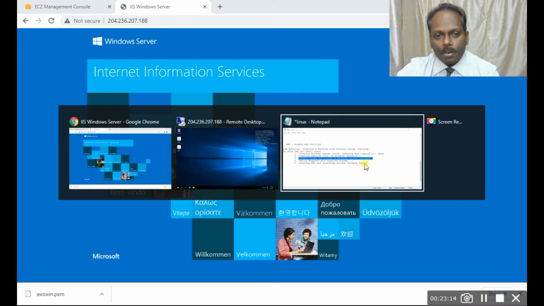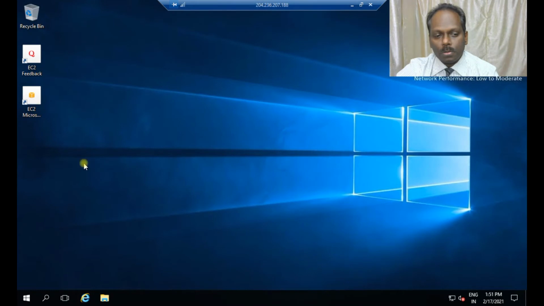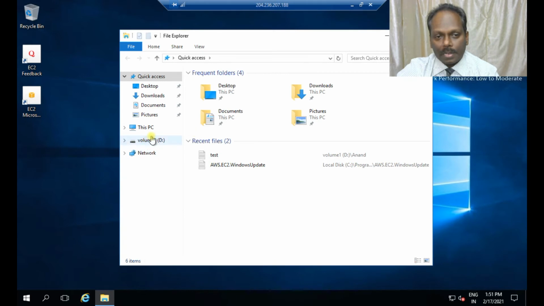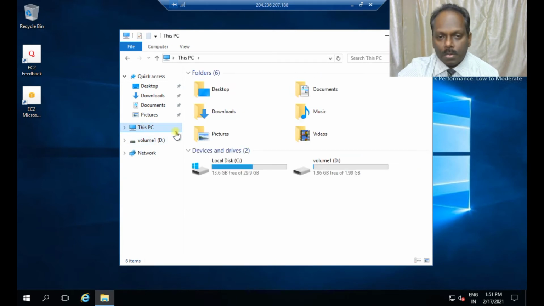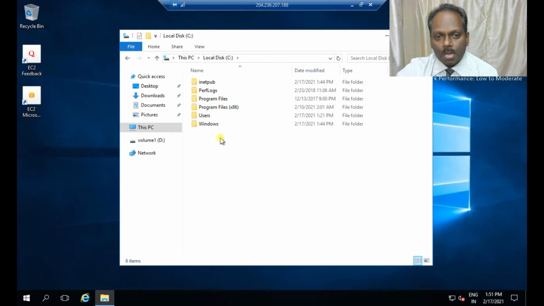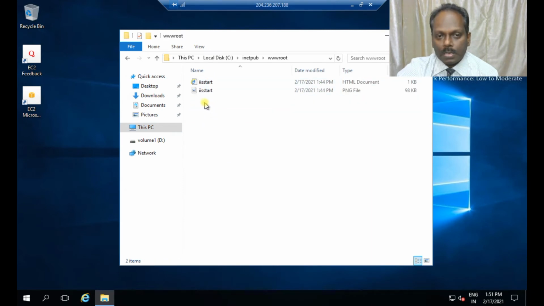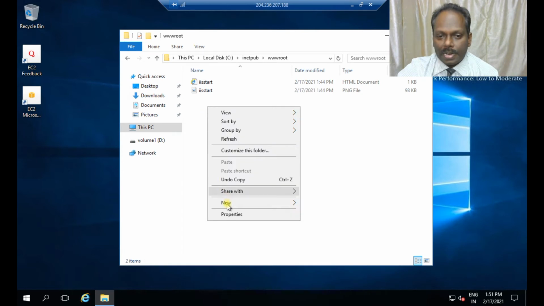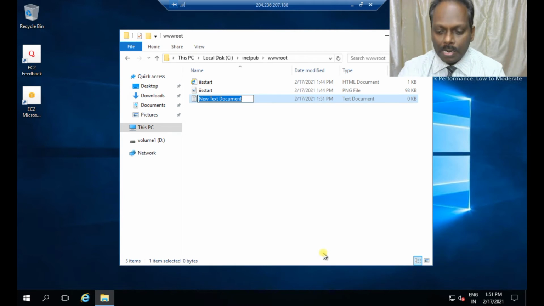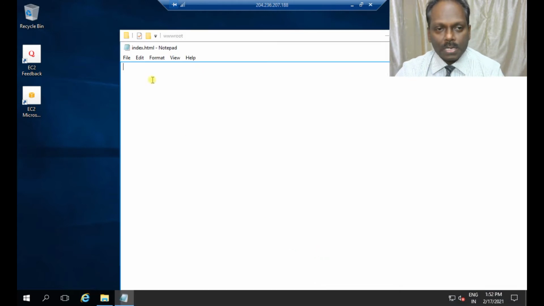If you want to create your own website, what you need to do is just deploy your index.html file in this particular directory. Go to Windows, C drive, go to this inetpub and wwwroot, and what you can do is you create a new file and rename this file which should be index.html. Normally Notepad++ should work.